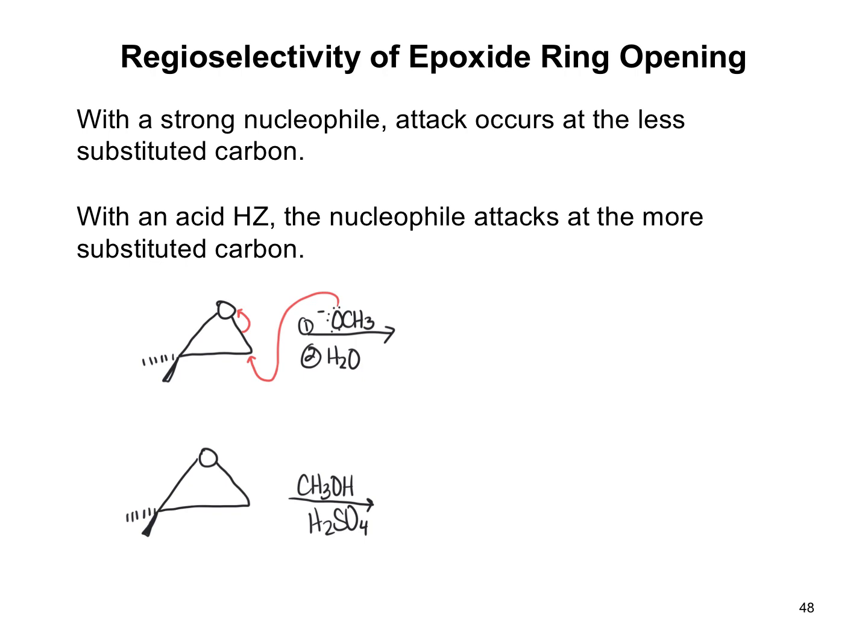And so what you're going to end up with is this molecule, and then of course we have H2O, and then that protonates it, and then we end up with